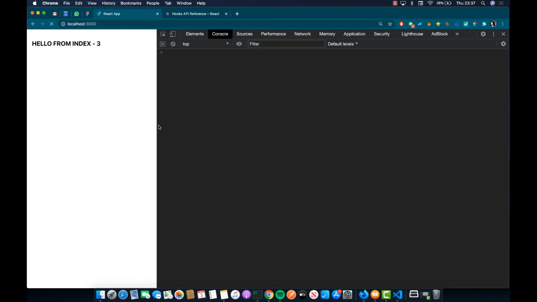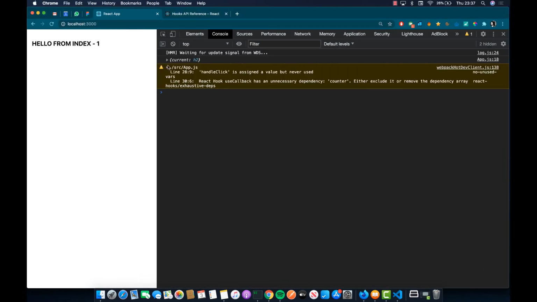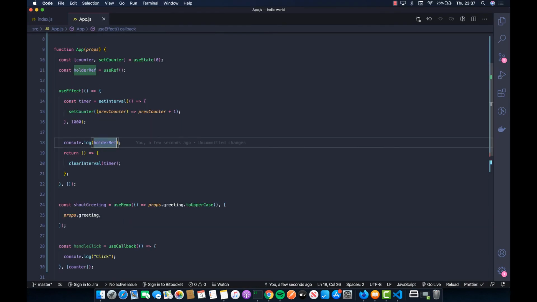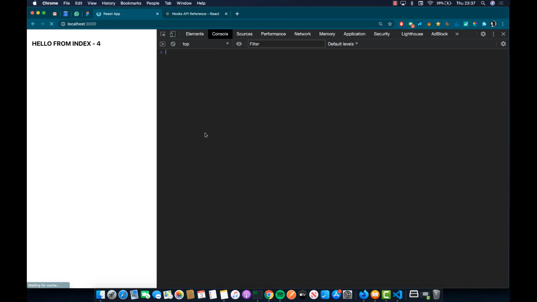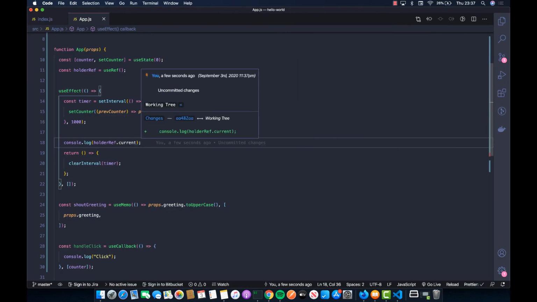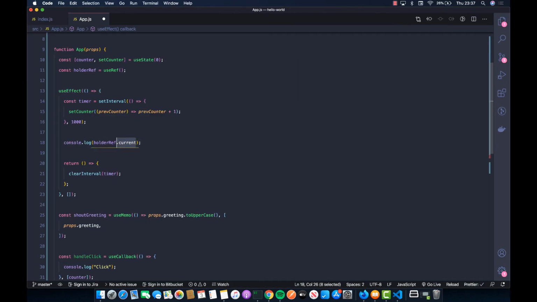So if we see this here, by the way, these ref variables have this property called current, which holds in turn the DOM element like this. Now if we see, we are having a hold of this h2 element, which means that I can programmatically mutate it,